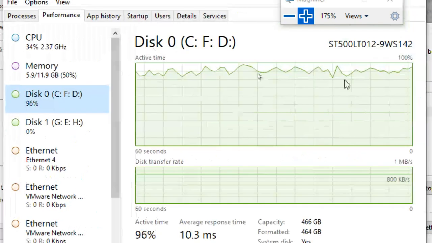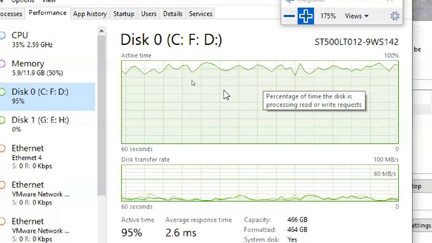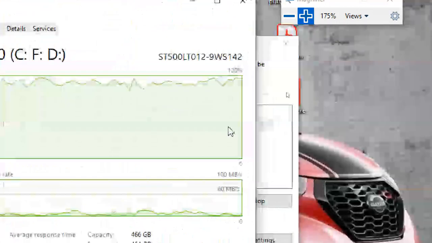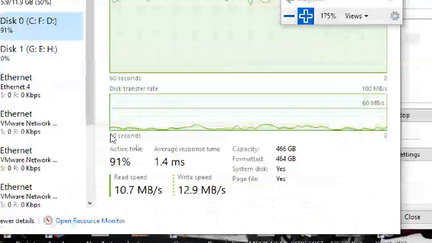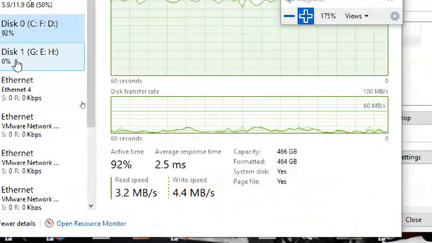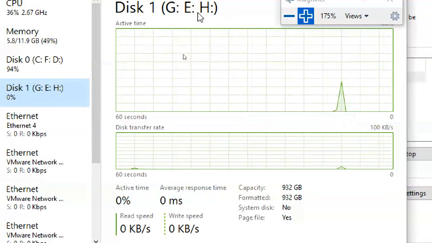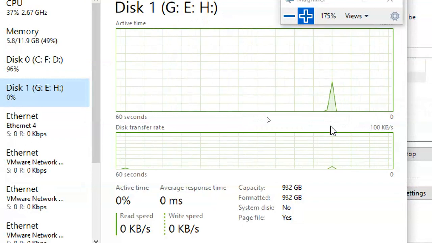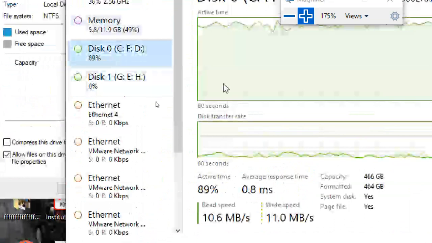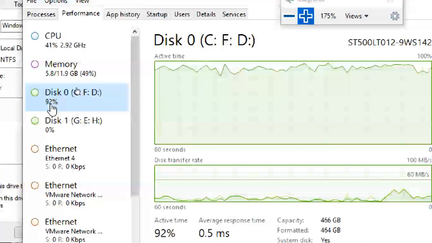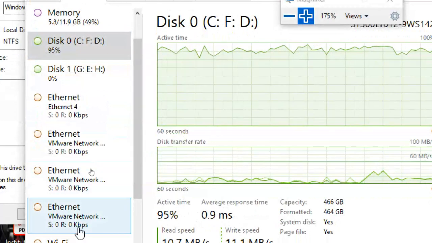Next, you can see the disk utilization is going like this, 100% utilization is going on. I don't know why. Fragmentation is also a factor. Next is my disk 2. Disk 2, I am not touching anything on the G drive, E drive, H drive, right? That's why it is showing only small spikes. Maximum utilization you can see from here only, 92%, 94%, 86%, like that it will go on.